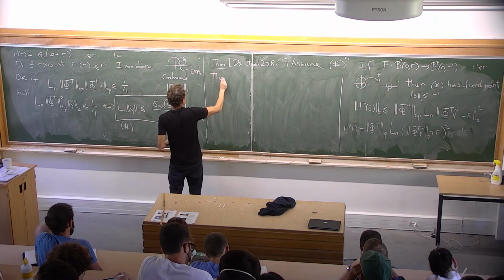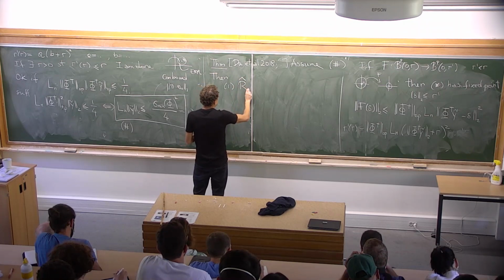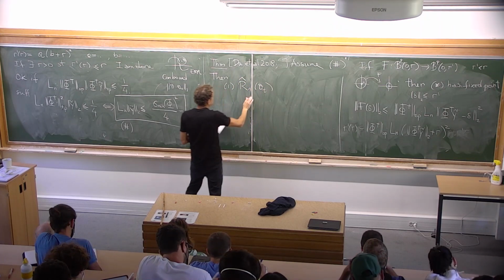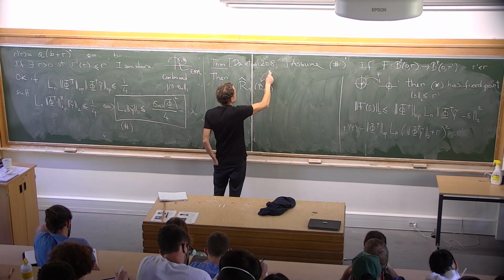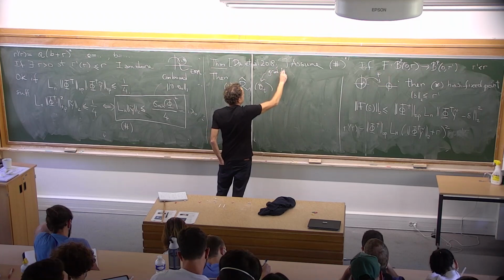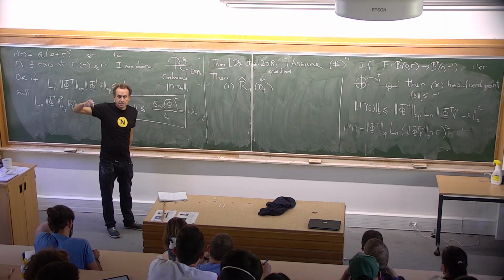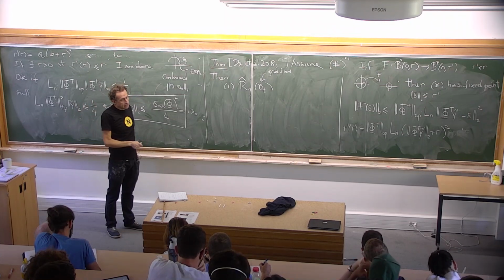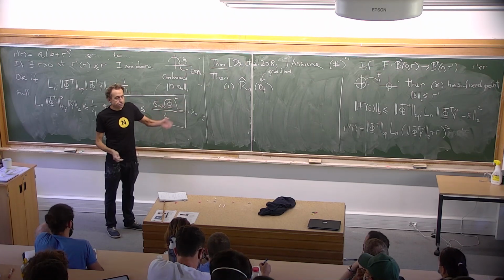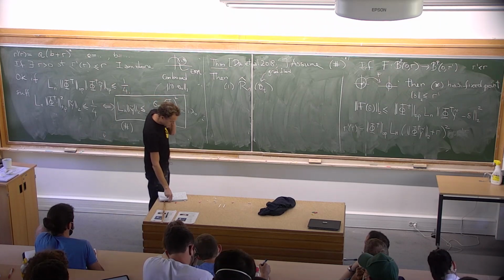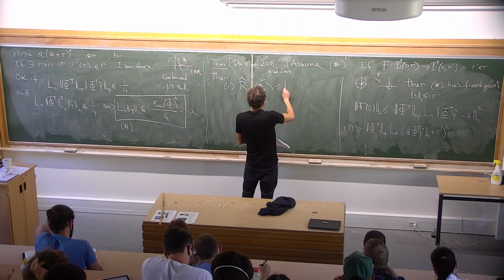Then what these people prove is, one, that R_n of theta_t... So what is this? Theta_t is what I get when I run gradient flow starting at theta_0. So I take initialization theta_0, and then I run the gradient flow on the empirical risk. There are versions of this for gradient descent. There are versions for stochastic gradient descent. But let's say that we do gradient flow, so that this is less than...